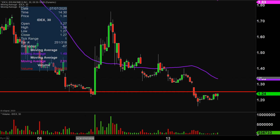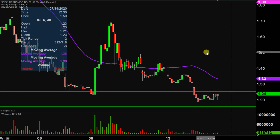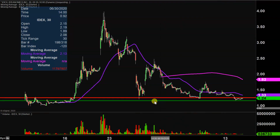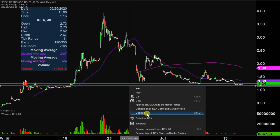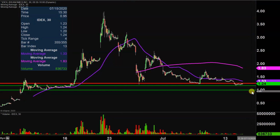Now, as far as areas of support are concerned, we've got to go on a little hunt here to figure out where some of these are. Now, the first level, nothing fancy. That's simply where the bleeding stopped today, and that's at $1.15. But in the event the price goes below $1.15, the next key level after that would then be down there right around the dollar mark, which is very, very important,